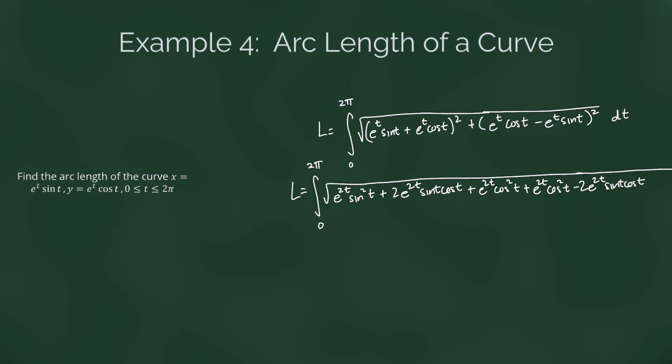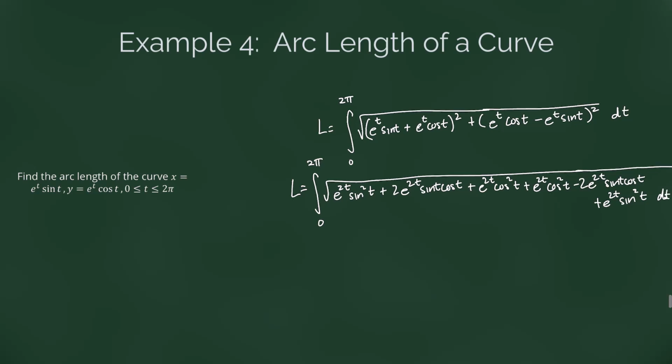And you'll have to forgive me, I'm going on to the next line here. It's going to look a little messy. I get plus e to the 2t sine squared of t. And that is all under the square root, and that is all with respect to t, dt. I ran out of room, so I can't even fit the dt on there. Let me move it over. All right. Well, fortunately, some of this cancels,